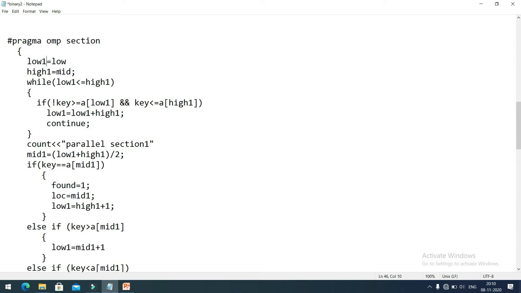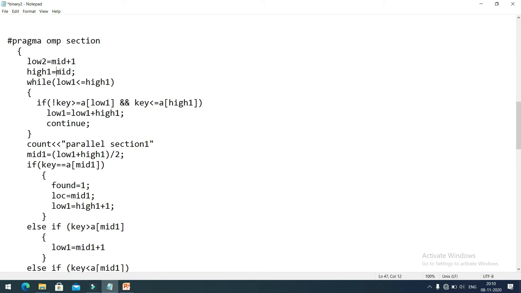So instead of low 1, I'll write here low 2 equal to mid plus 1. So now in the second part, our low value will be mid plus 1 to upper limit.